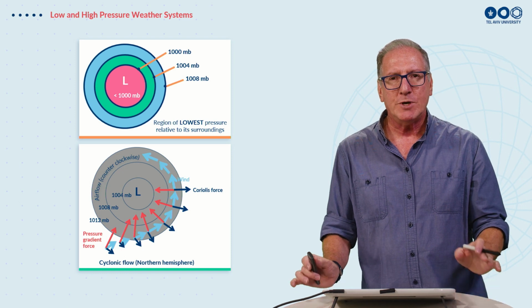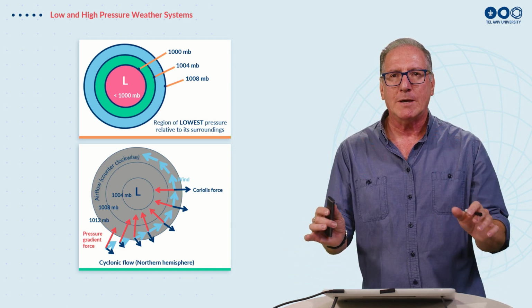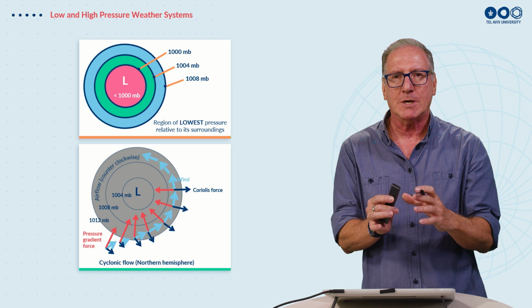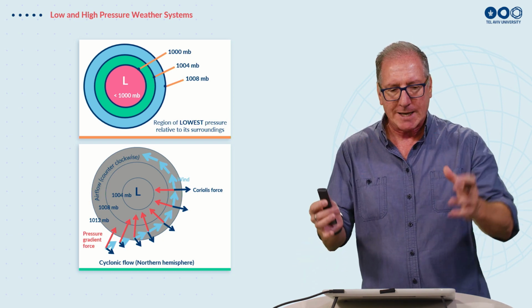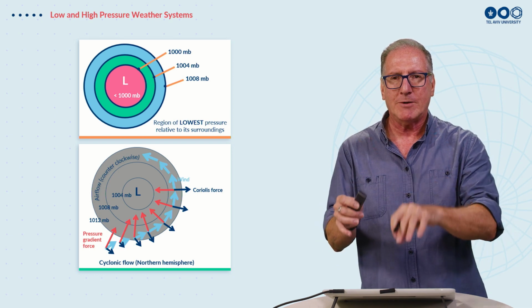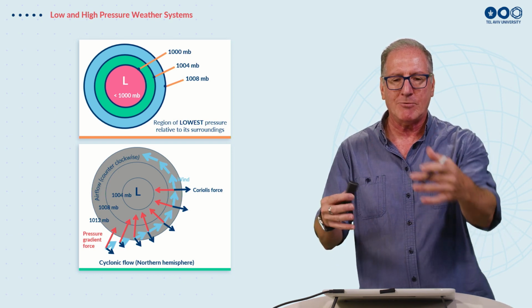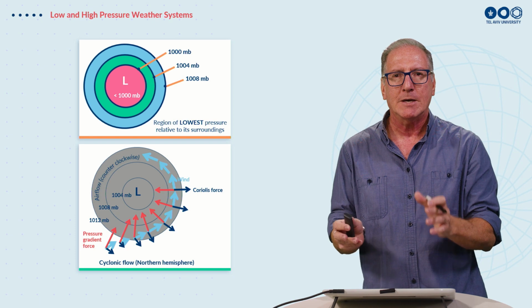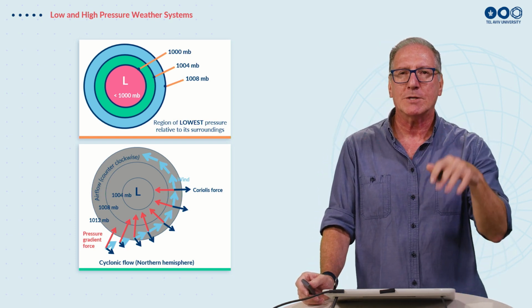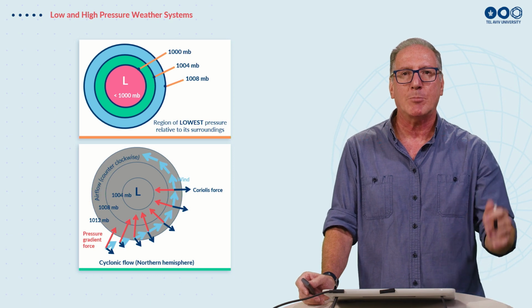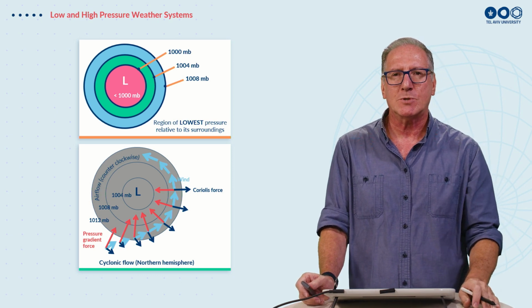Now if we have a region in the atmosphere where we have a center of low pressure, and everywhere around it the pressure is higher, we can think of it like a bowl where we have a deep part in the middle, and everywhere around the center of the bowl it's higher. So here in the atmosphere we have low pressure in the middle, and everywhere around it you can see these contours, we're going to higher pressure. So let's see what happens to the wind.